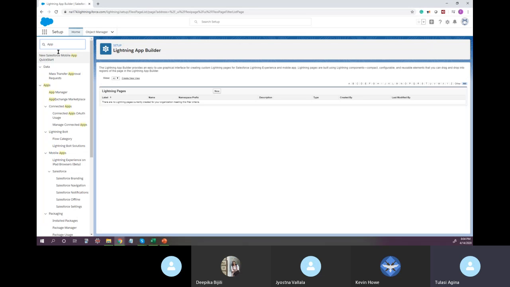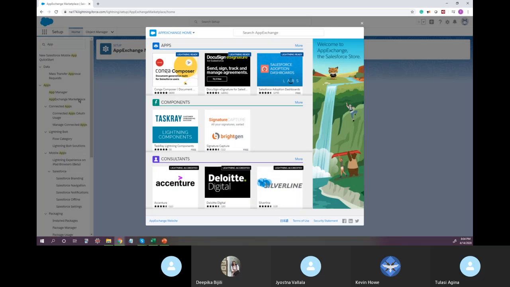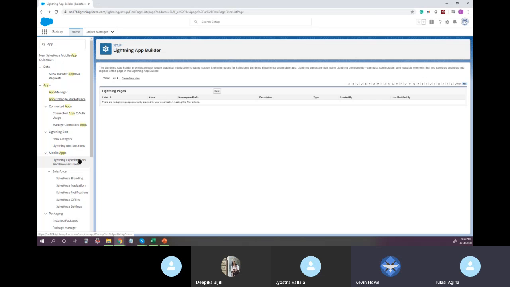AppExchange, all of you have smartphones. It's just like going to Google Play, or the iPhone has an app store, correct? It's the exact same thing. You can also find it in apps. So you can go to apps and then go to the AppExchange. That's a good point. I can go to the app launcher,